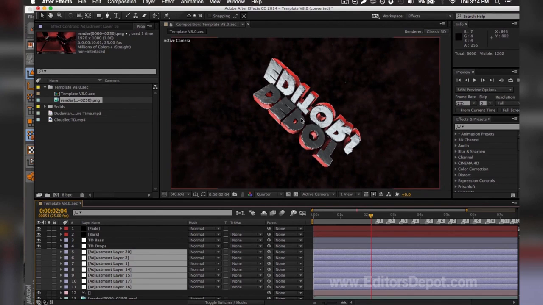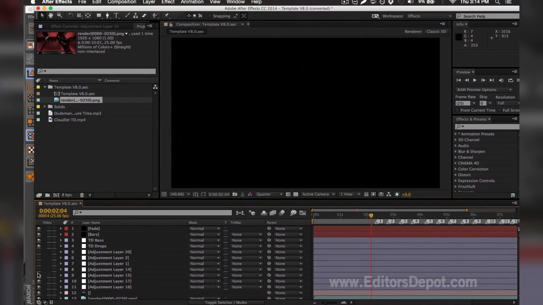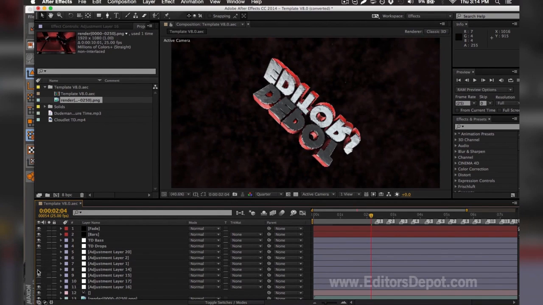As you can see here, one of these adjustment layers messed up the entire render, so I'm going to turn them on one by one. That one's fine, that one's fine. This one's the problem here. So you make sure you turn them back on